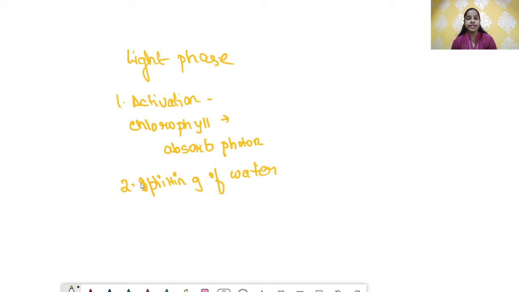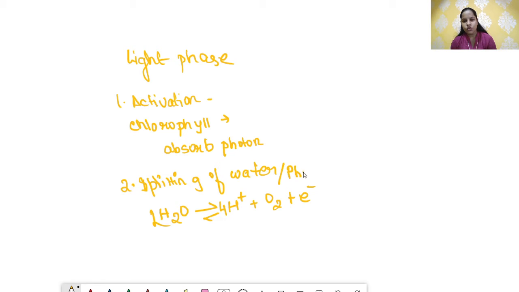What happens in the splitting of water? The water which is present on the surface of the leaves is split or broken down into hydrogen ion plus oxygen, and an electron is also released. This reaction is not balanced. We need to balance it out. So this will turn out to be the balanced equation. So splitting of water is also known as